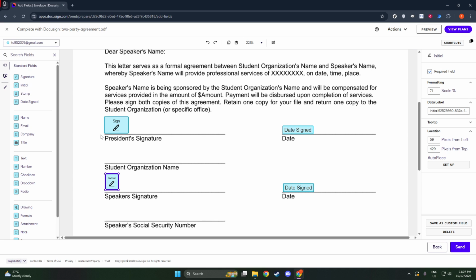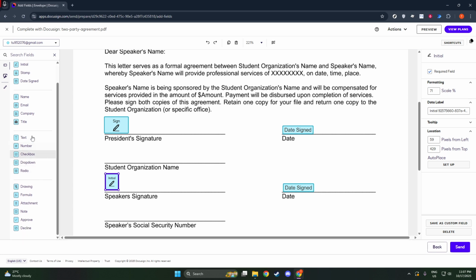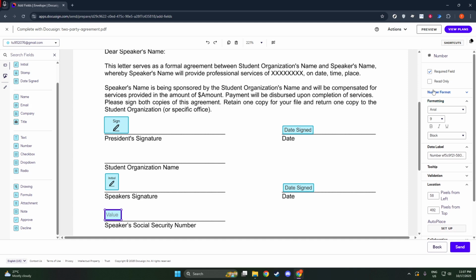To enable the required field, simply check the Required Field box. By doing this, you're instructing DocuSign that this particular field cannot be left blank. This is especially useful for critical information, such as signatures or other essential data you need from the document signer. Once this box is checked, users will be prompted to fill in this field before they can complete the signing